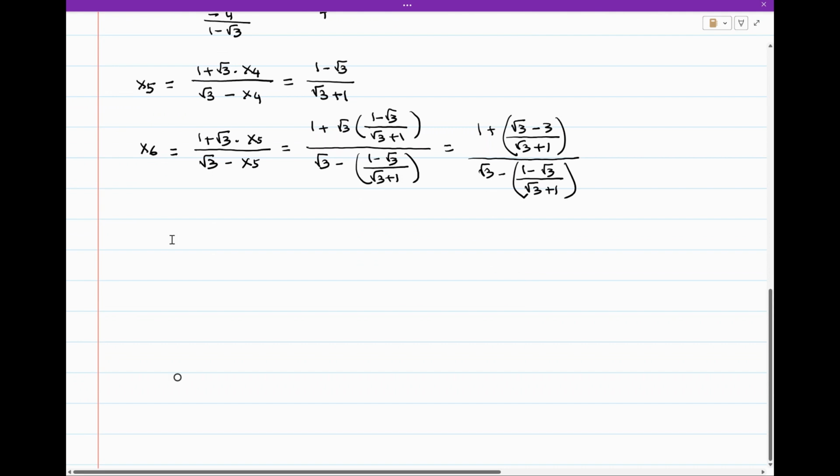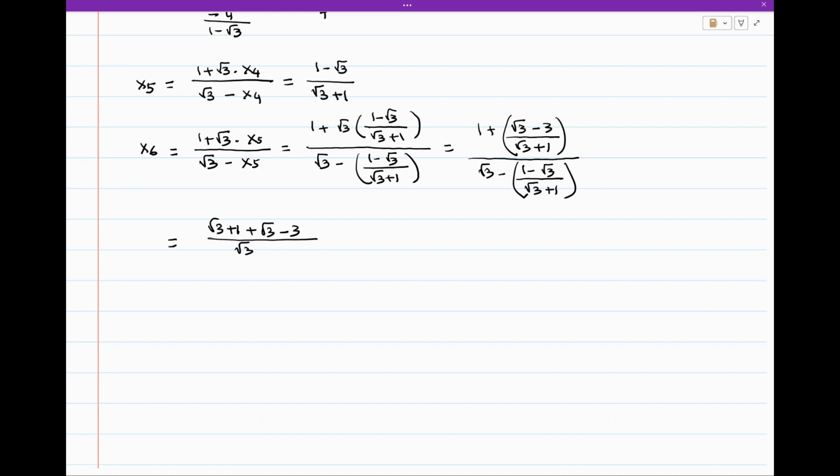That is equal to square root of 3 plus 1 plus square root of 3 minus 3 divided by square root of 3 plus 1, whole divided by 3 plus square root of 3 minus 1 plus square root of 3, whole divided by square root of 3 plus 1, and that is equal to